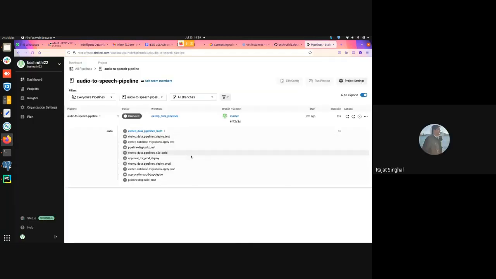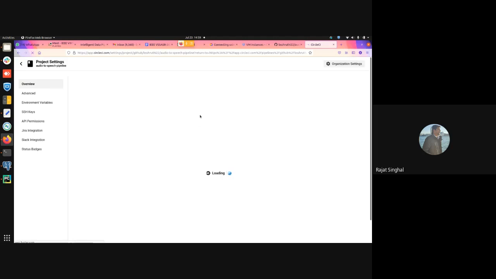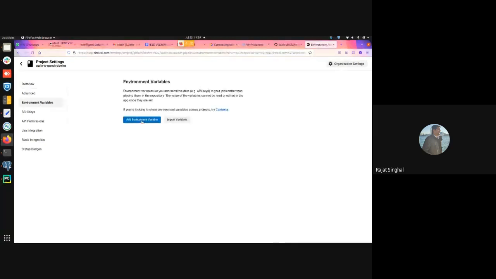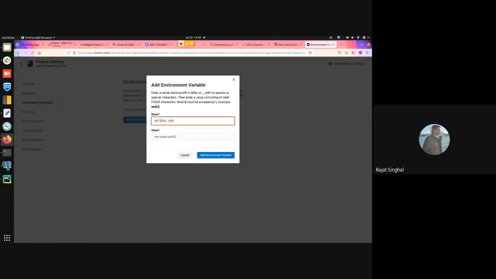So project settings. Click on environment variables. Add environment variable. That's it. Now what should be the value? You belong to project 2, right? So it is